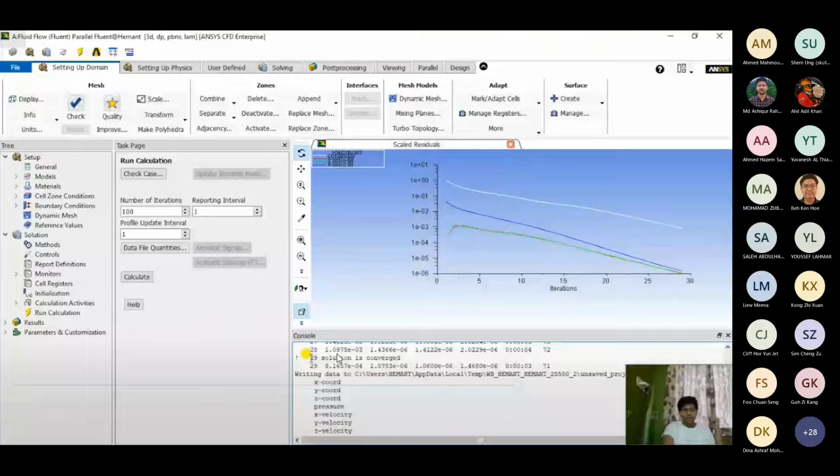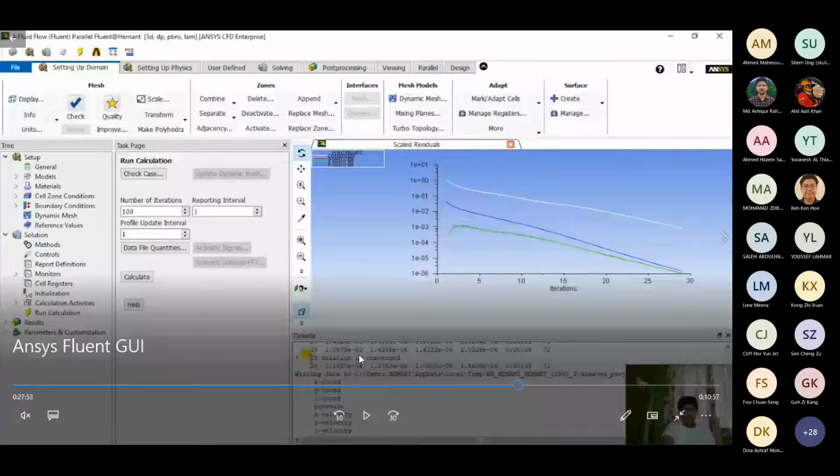So these are not your solutions, but these are the difference of two successive iterations, the values that you got from the previous iteration minus the former iteration to the latter iteration.